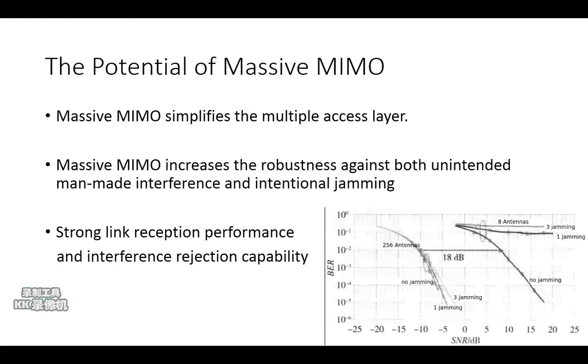The fourth potential is that massive MIMO simplifies the multiple access layer. Due to the law of large numbers, the channel hardens so that frequency domain scheduling no longer pays off. With OFDM, each subcarrier in a massive MIMO system will have